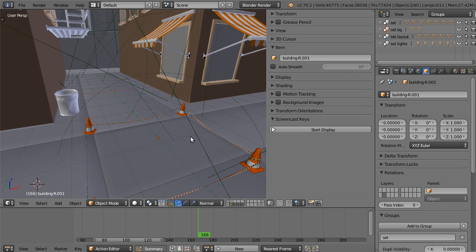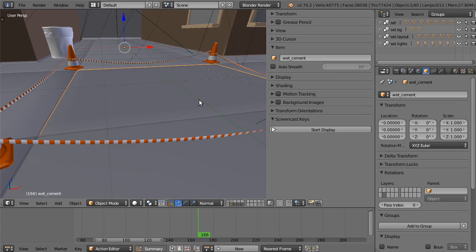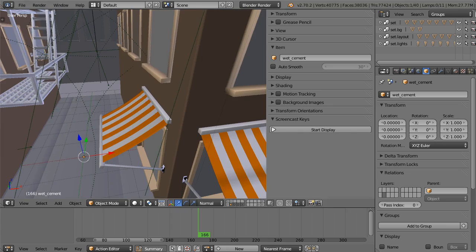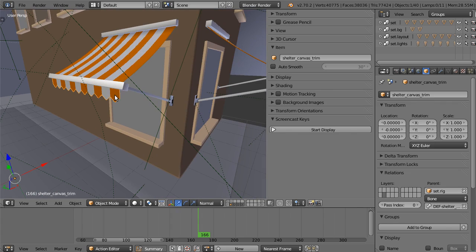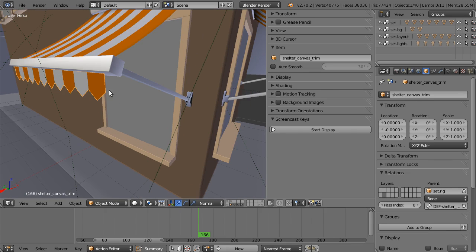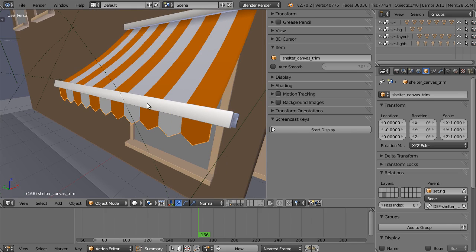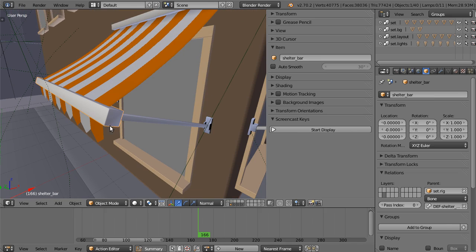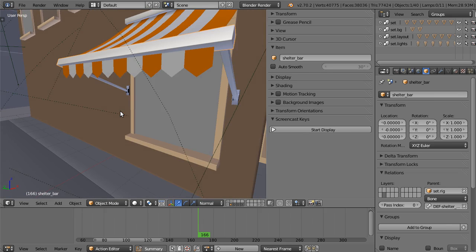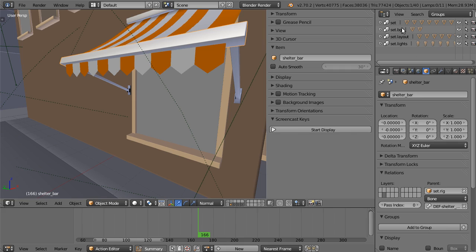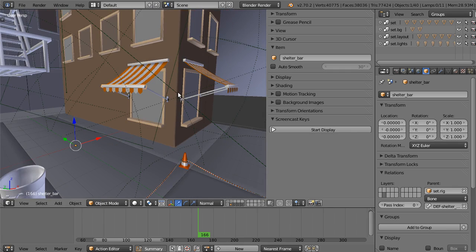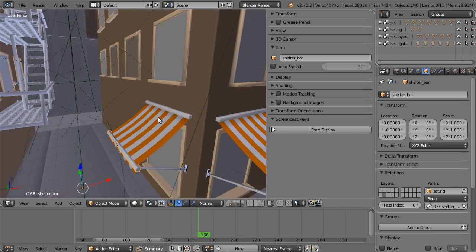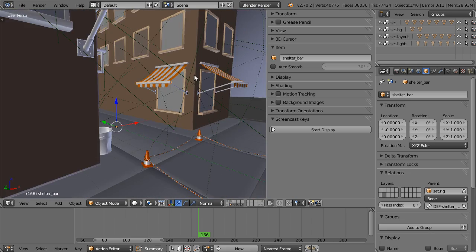On top of that, I've also got the elements I'll be using for my effects and simulations, and so I've got the wet cement, which is basically just a subdivided box, and then I've got the shelter canvas, I've got the shelter canvas trim, and because I'll be running a cloth simulation on this, I want it to interact with this bar here, so that's going to be used as an obstacle for the cloth simulation, so that's separate as well. None of these objects sit inside the set group, as you might expect, because I'll be pulling them in and using them locally. So now to generate some mesh caches for these objects that are animated by the set